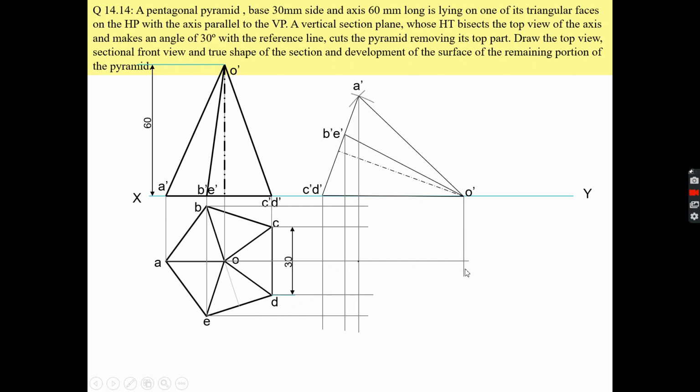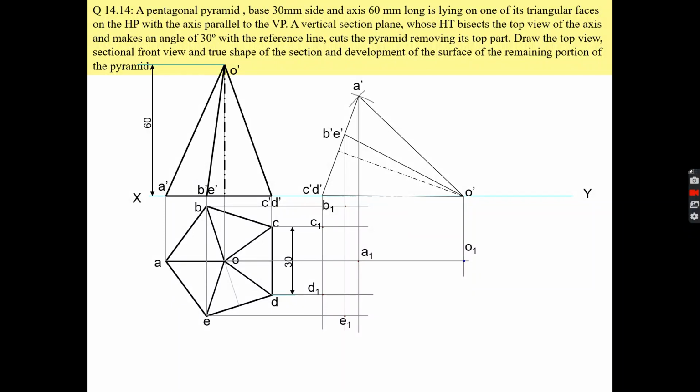This point is nothing but the O. From A, this is your projector. So this point is nothing but the A. Similarly, you can get the other points A1, B1, C1, D1, this is your E1 and this is your O1.